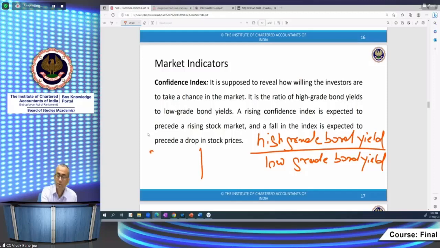High grade bond yield is 7.25, and the low grade it is 7.75. It is generally less than 100%, because as you know, the low grade bond yield is greater because of fluctuation. Low grade bonds have higher yields in comparison to high grade, because high grade bonds are safer, more secure, so yield is less. Low grade bonds are speculative, so yield is high. So it is coming to